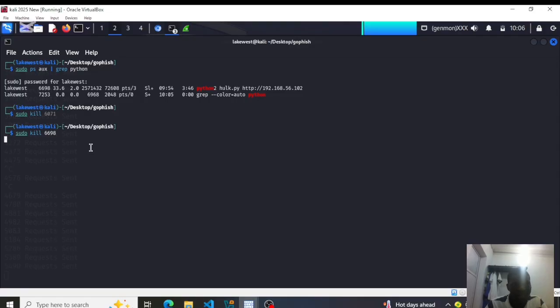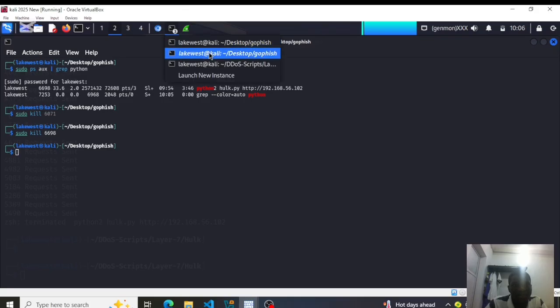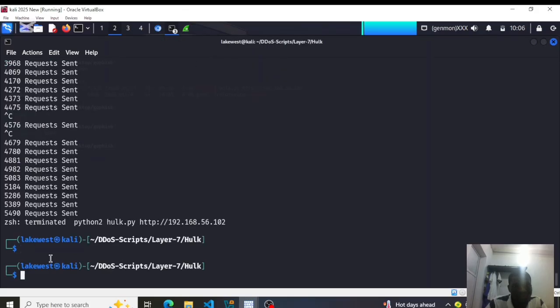If I press enter, just look at it down here. See, automatically it has stopped. It has killed it, terminated it, and it has loaded up to